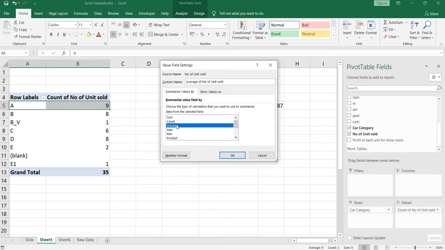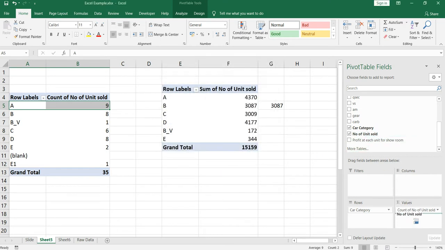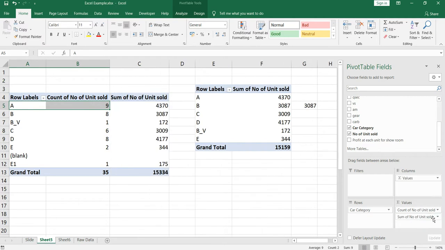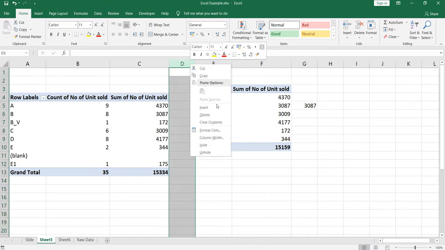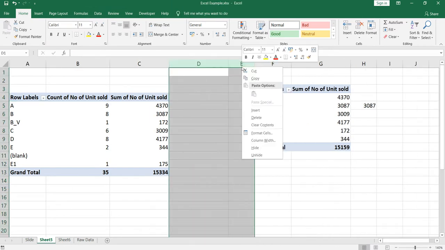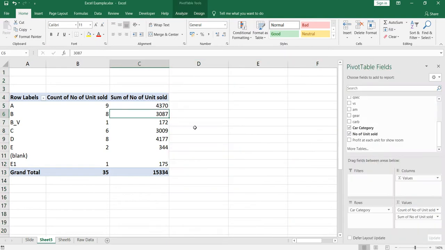Now when I use average, let's do one thing. Again we'll put number of units sold, and this time I have taken the sum. So I'll show you what average does.